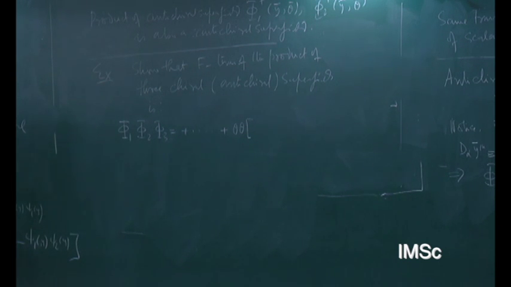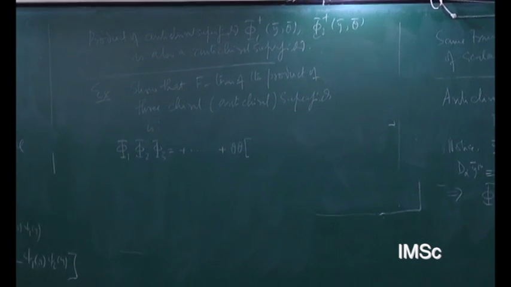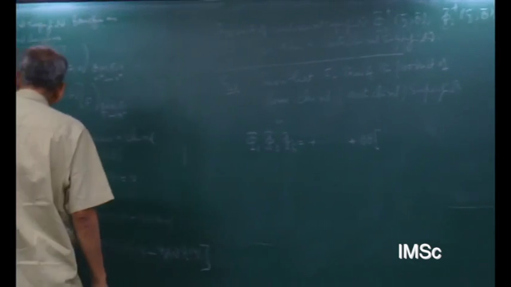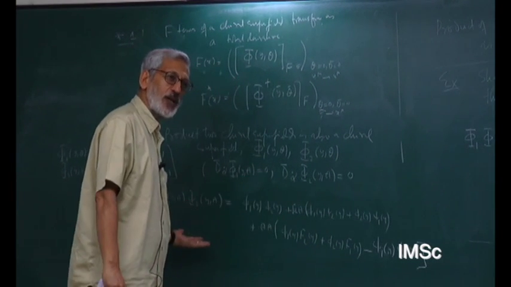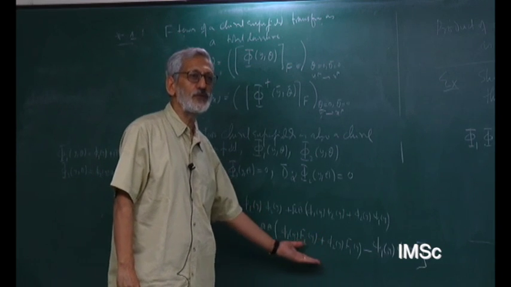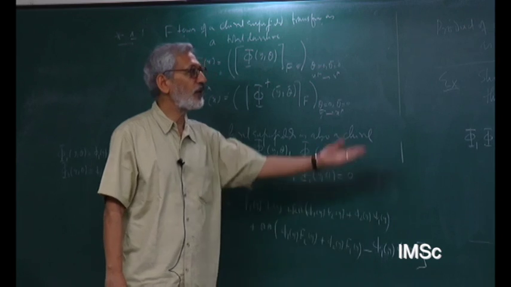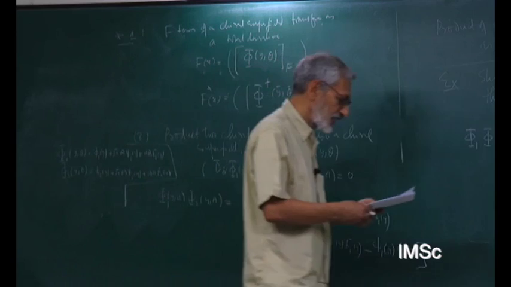This remark I made earlier already suggests that F term has some special role. So therefore we are interested in figuring out how to compute F terms in a product of chiral superfields. In fact, you have already found out how to take the product of two chiral fields. Just multiply by one more chiral field, and that is again a product of two chiral fields only. So you just have to use the same rule that you have here in order to get any product of that kind. So check the answer is the following: